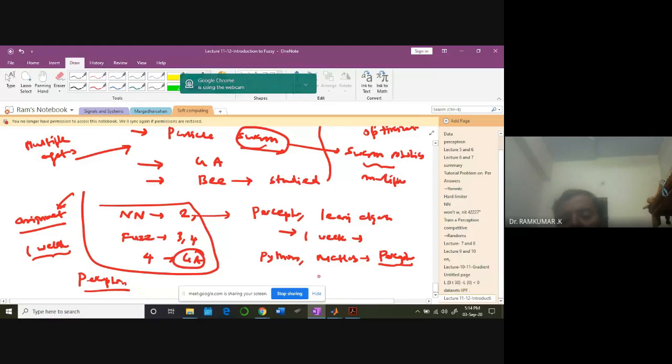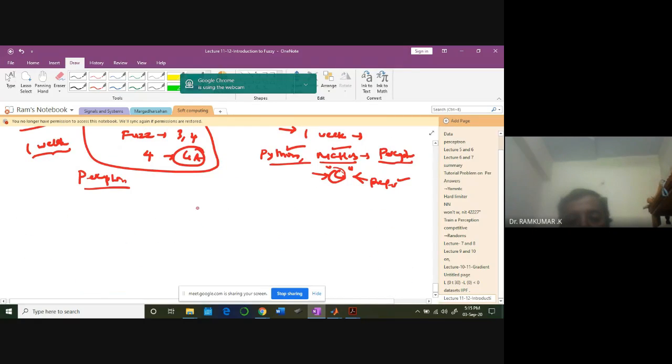Even you can use C also, but I prefer Python or MATLAB because I'm comfortable with these two. C, I'm not that comfortable, I don't prefer it. So you work on these two, either Python or MATLAB. But if you don't know Python or MATLAB completely and you know a little bit of C, then maybe you can go for it. But the machine learning community is more supportive of Python and MATLAB. C is not that widely popular among the machine learning community, at least. C and Java. So think of Python or MATLAB.